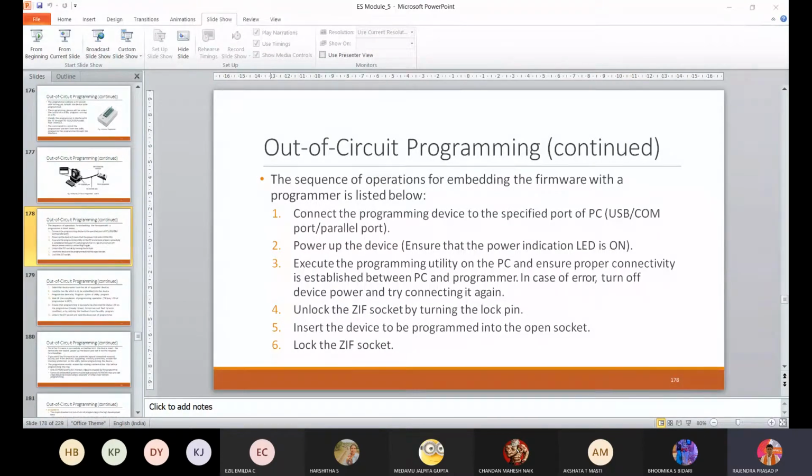So this is another part of what we had discussed on the integration of hardware and firmware. Today we'll be starting with out of circuit programming. Out of circuit programming is nothing but what happens outside the target board: what peripherals you are going to add, how you are going to make them functional, some extra input devices added to the target device, and what procedure we are going to follow.